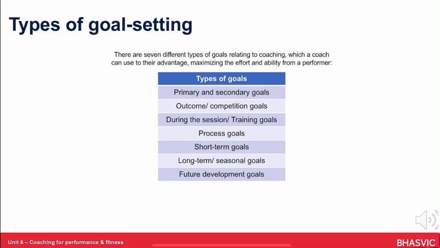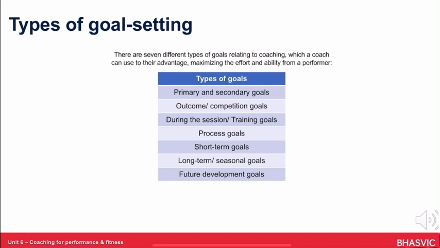Short-term goals are set to achieve in relatively small spaces of time, ranging from a day to a couple of weeks, or to be achieved by the following training session or competitive fixture. On the other hand, long-term goals or seasonal goals are set by coaches to maintain performers and teams' determination. These goals often control schedules and sessions, becoming constructed to help achieve these targets. They usually last for the entirety of a season. For example, a forward in football has a target of 20 goals in the space of one season.